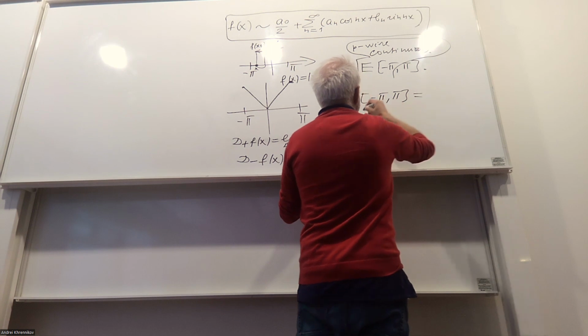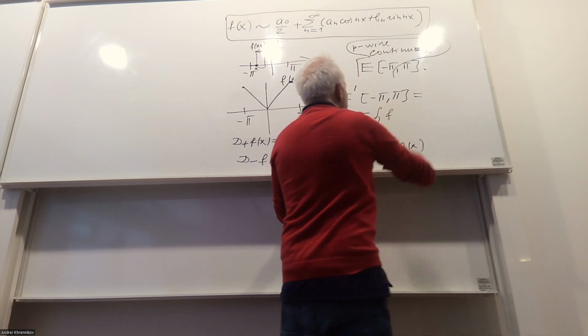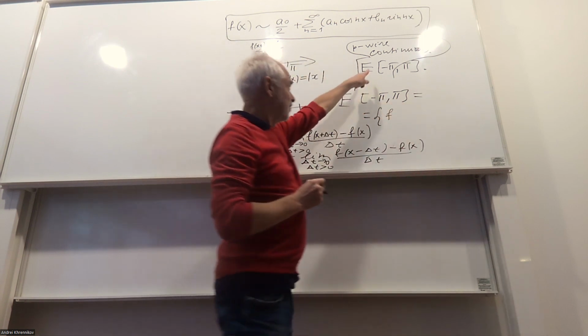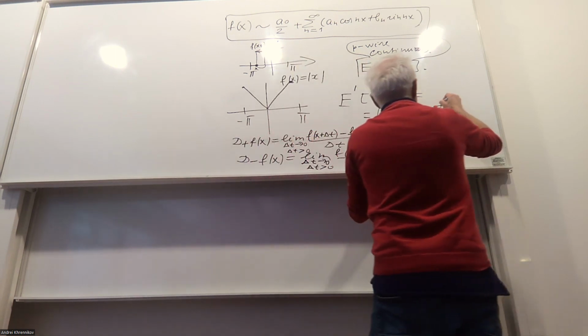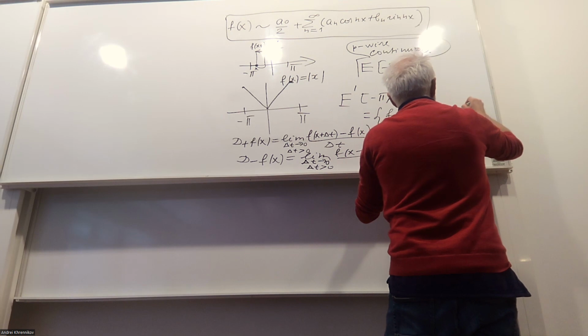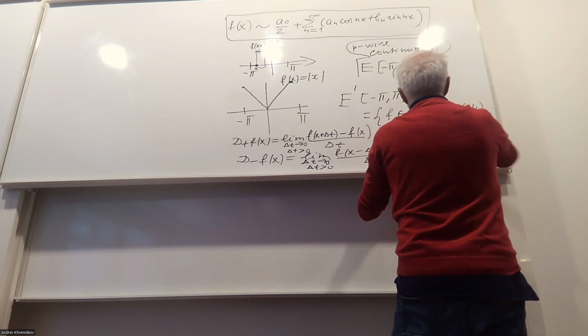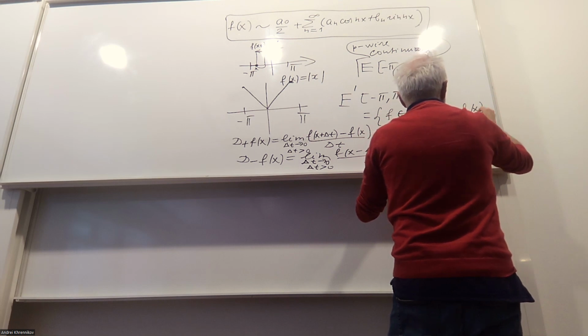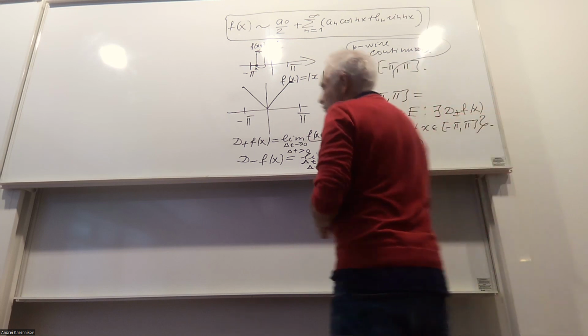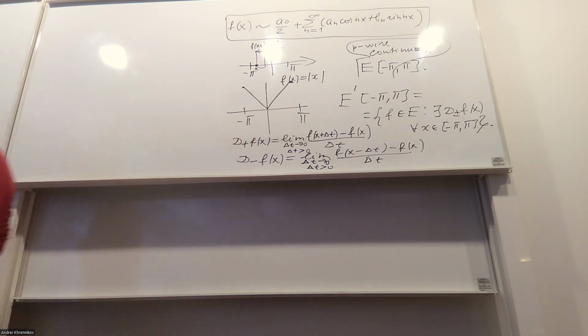This is a pointwise continuous function, an element of this space, such that D plus/minus f(x) exists for any x in (minus pi, pi). The usual derivative may not exist. So this is the class of functions